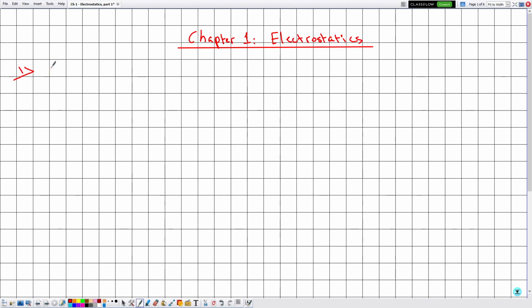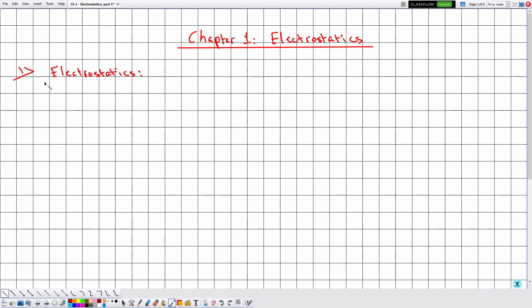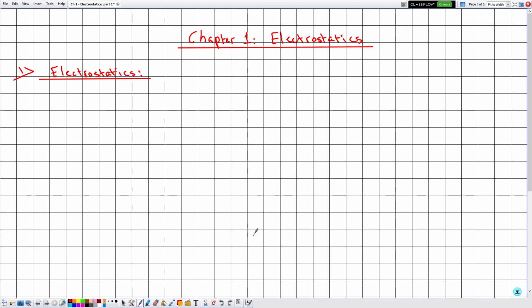Then, section number 1, electrostatics. Now, physics as a subject can be classified into branches, and at least at this level we have three branches: mechanics, electricity, and optics, say for example. Also, electricity itself can be divided into sub-branches, and one of the branches of electricity is electrostatics. Then let me write down that electrostatics is a branch of electricity